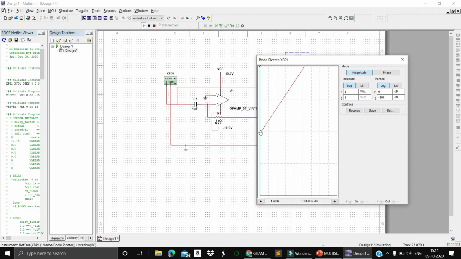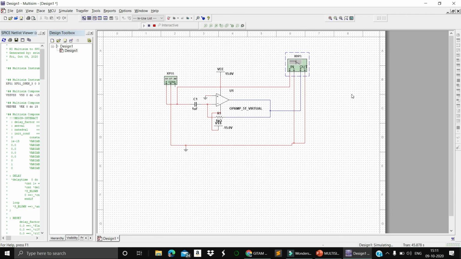You can clearly observe that by clicking on this, it varies, right? So from this point to this point, it will restrict the low frequency signals. After that it will pass all the signals. So in this way the differentiator circuit is behaving like a high pass filter.